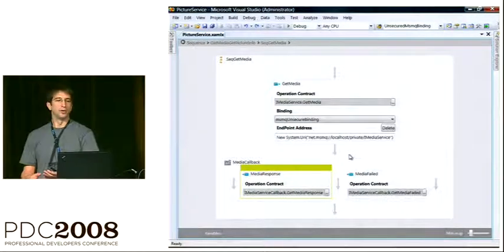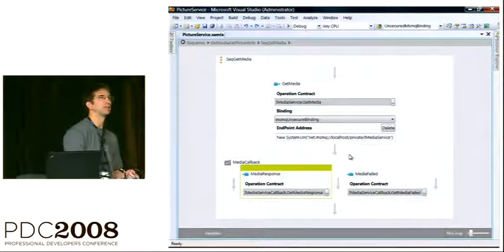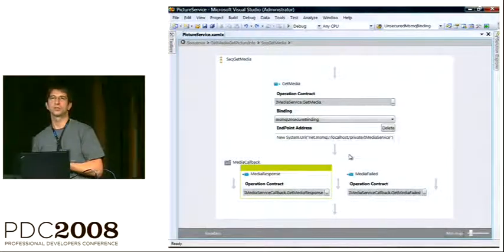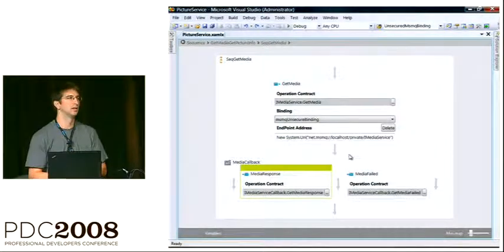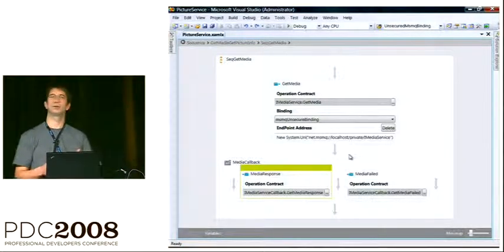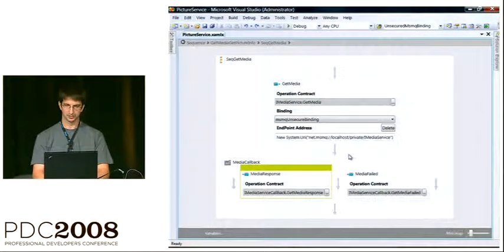So this is pretty powerful, right? By virtue of the fact that I've got correlation, I've got persistence, I've got a broad variety of ways for expressing the flow of my services, I'm enabling a whole range of new messaging scenarios that were previously very difficult to actually code and to develop. The code for this would be somewhat complex.